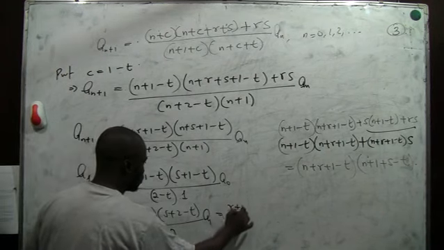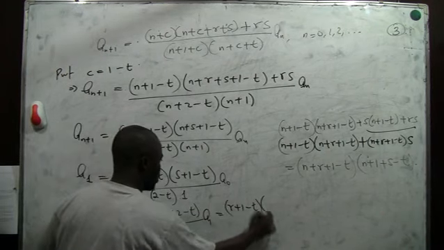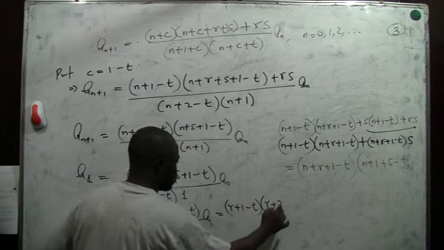Then we have r plus 1 minus t into r plus 2 minus t of